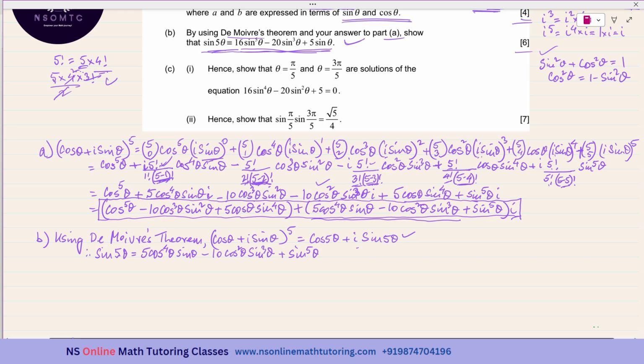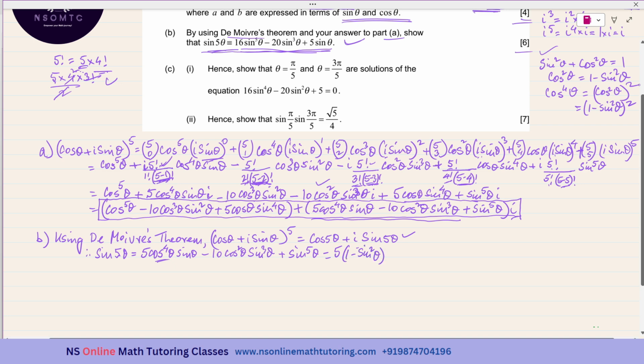Okay. So what is cos to the power of 4 theta? Cos to the power of 4 theta is not equal to 1 minus sine to the power of 4 theta. Never make this mistake. Cos to the power of 4 theta is cos square theta whole square. Okay. So this is equal to 1 minus sine square theta whole square. So this is 5. In place of cos to the power of 4 theta, I am writing 1 minus sine square theta